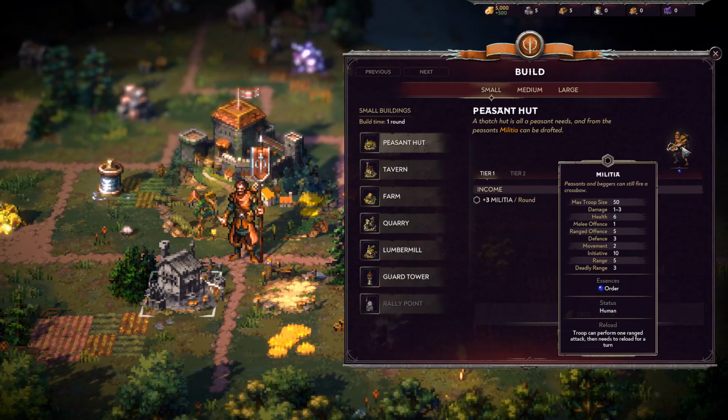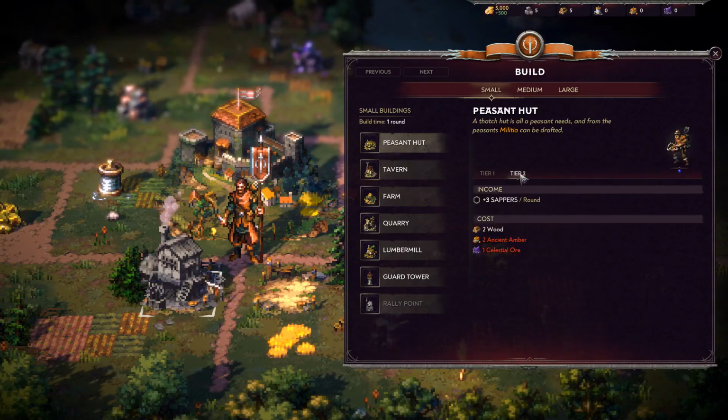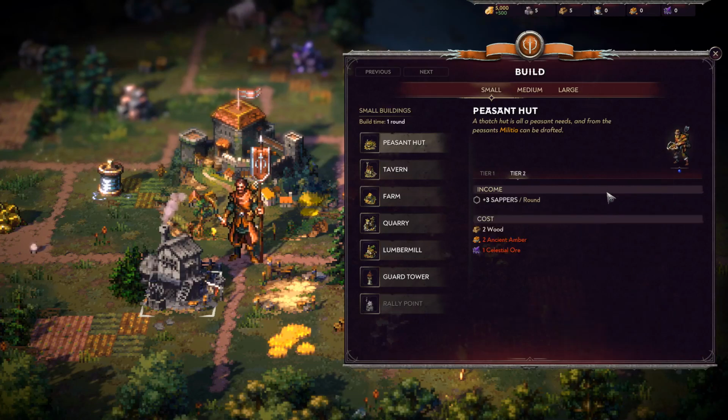You do need to use them, but I'm not going to get them initially. So anyway, there's those. Most buildings will have 2 tiers that will then cost you a little bit. So tier 2 in through here will give us sappers. So the militia turn into sappers. And to actually do this one, it's going to cost me 2 woods, 2 ancient amber,